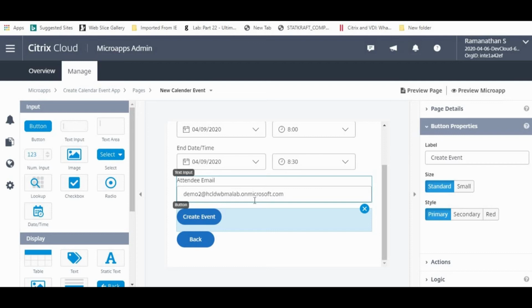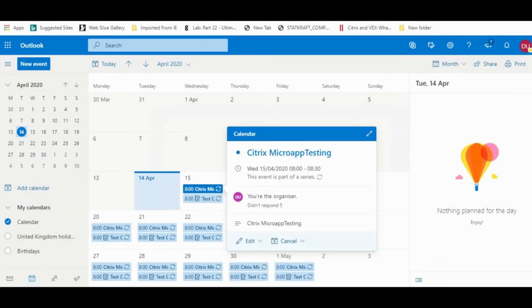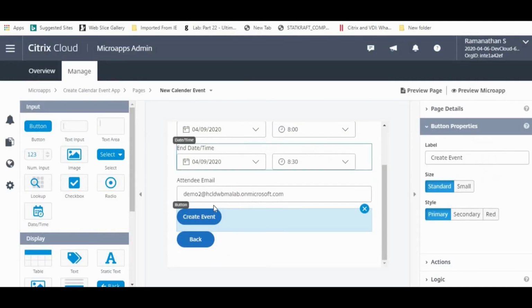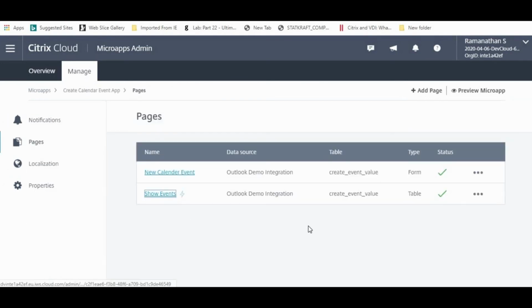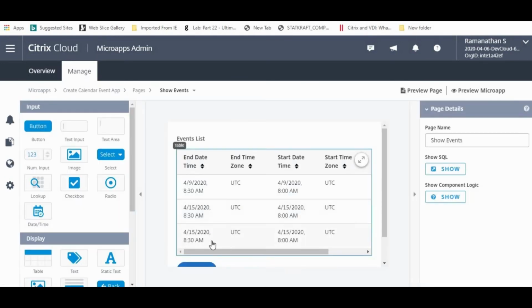For example, it will go and update the relevant fields in the relevant user calendar, like this. And for show events, this data will be picked up from the user calendar.